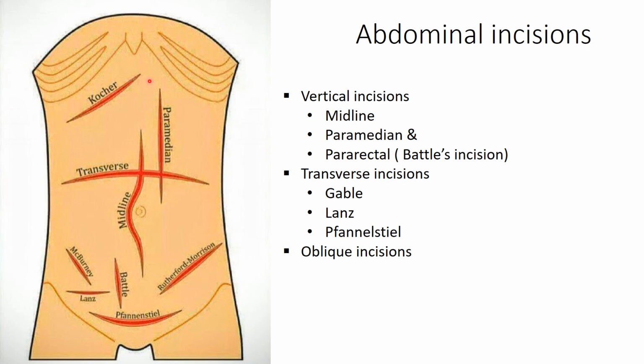And there are two types of modification related to it. When this incision is extended similarly towards the opposite side, that means to the left side, this is known as rooftop incision, and this provides a good view of the spleen. And second, when it is extended vertically upward, this is known as the Mercedes-Benz incision.